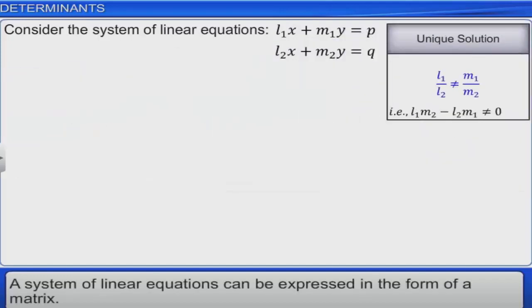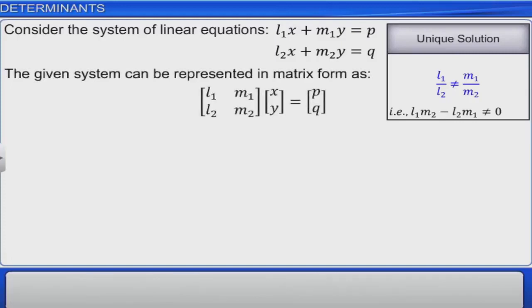You have learnt that a given system of linear equations can be expressed in the form of a matrix. So, on representing the given system in the form of a matrix, we obtain the equation shown. Let us now see how we can define a unique solution of a linear system in terms of a matrix. Consider the 2 by 2 matrix with the elements L1 and M1 in the first row, and L2 and M2 in the second row. The real number